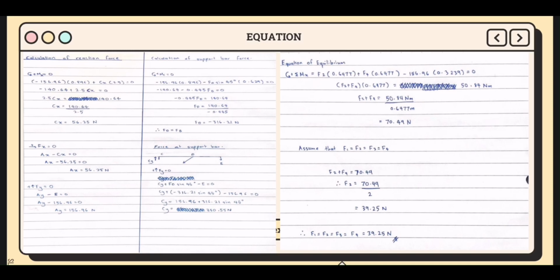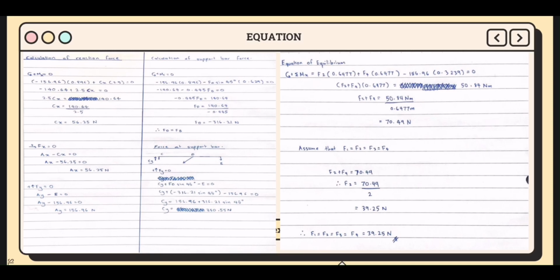Then we factorize 0.6477 times F2 plus F4 equal to 15.84 Newton meter. After that, we use 15.84 divided by 0.6477 and we will get the value F2 plus F4 equal to